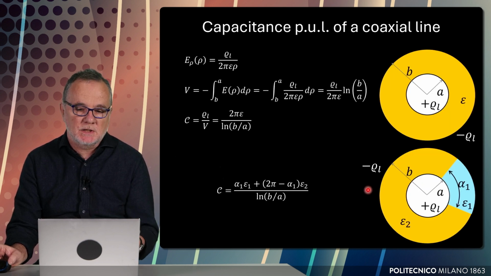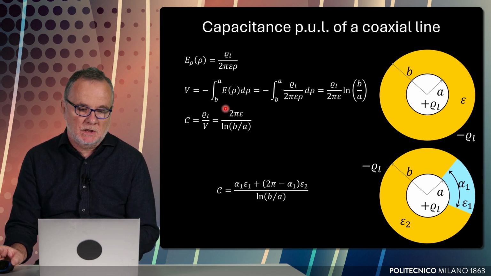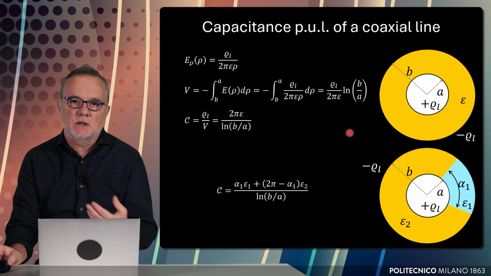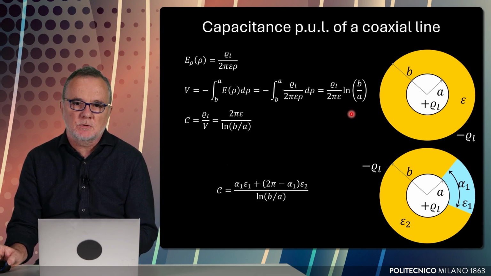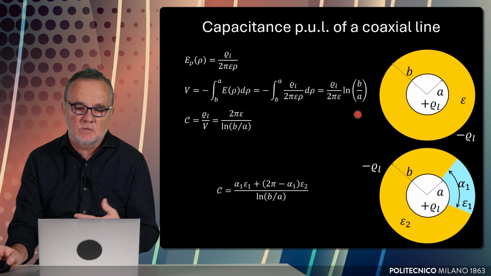For the case of a coaxial line, the capacitance per unit length can be obtained as usual by computing the voltage and the potential distribution, imposing a given potential distribution between the two electrodes, internal electrode and external electrode, and obtaining from this voltage distribution the charge on the positive conductor. The expression for the various integrals that we find in this computation is shown here, and you see as the output the value of the capacitance of the coaxial line.